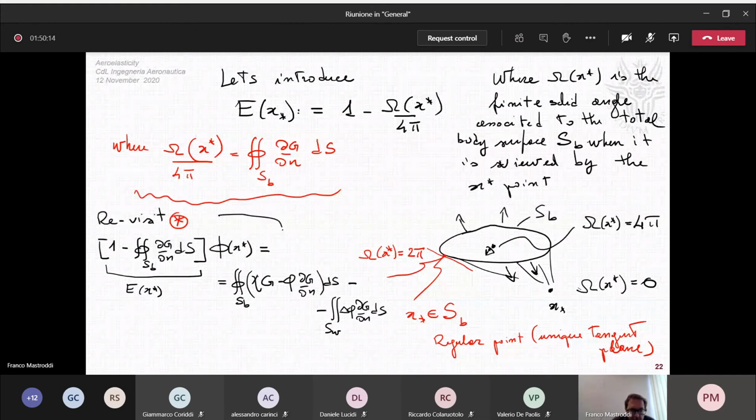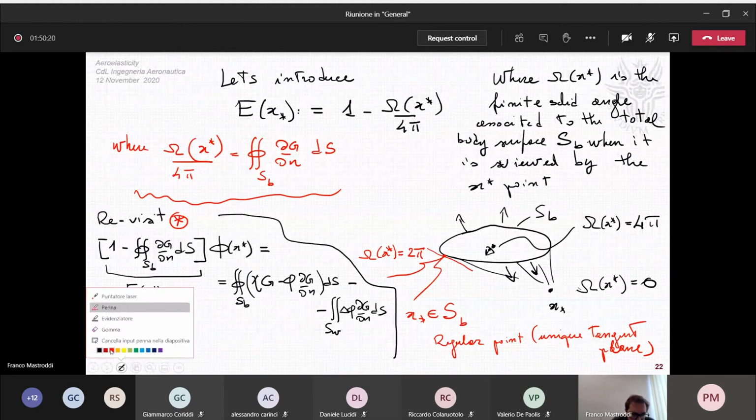Okay, and what does it mean? This integral can be moved in the right hand side here,